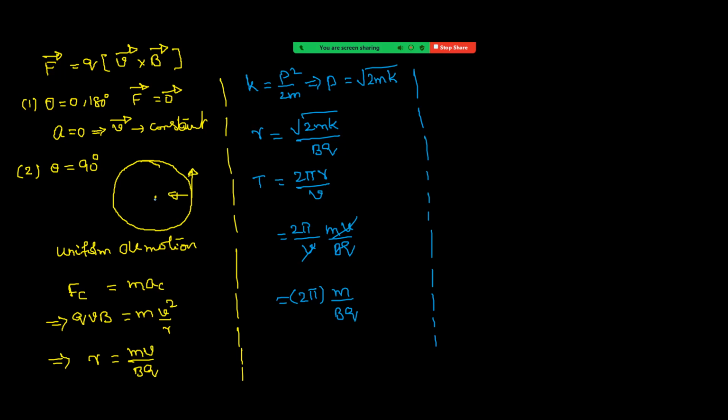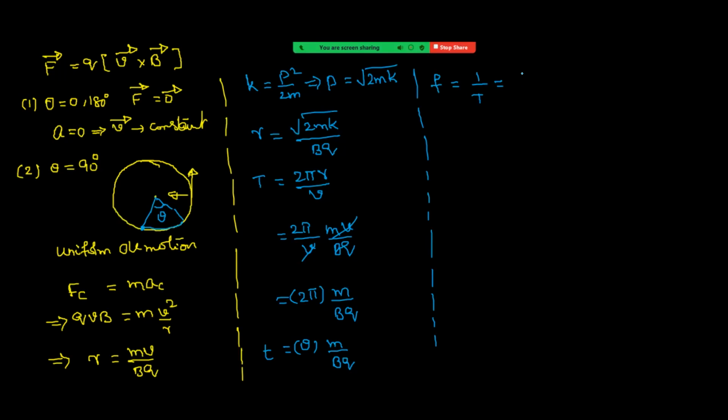Or if they ask the time taken to cover an angle theta, how much? Then we can write it is equal to, in the place of 2 pi, writing theta into m by v cube. Okay. Time taken to cover this angle theta, how much? In the place of 2 pi, writing theta into m by bq, right? Next, if we take reciprocal of time period, that gives a frequency